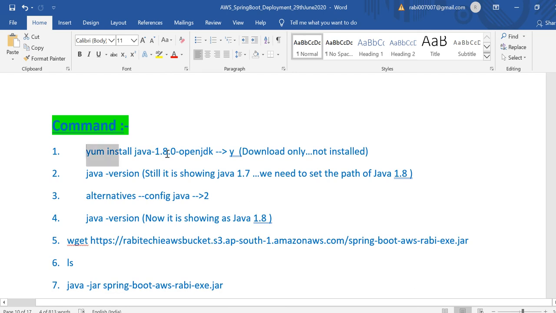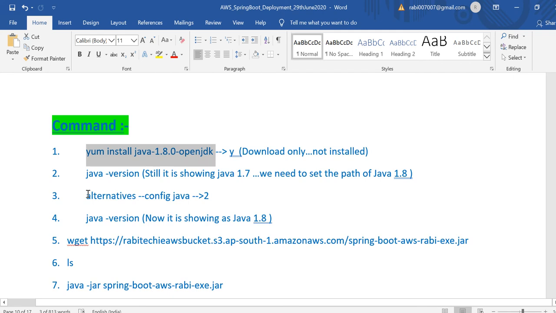In the EC2, to install the JDK, you have to execute yum install java 1.8 open JDK. This command you need to use to install JDK 8, and you can check the Java version and configure it. There are two options available, right?